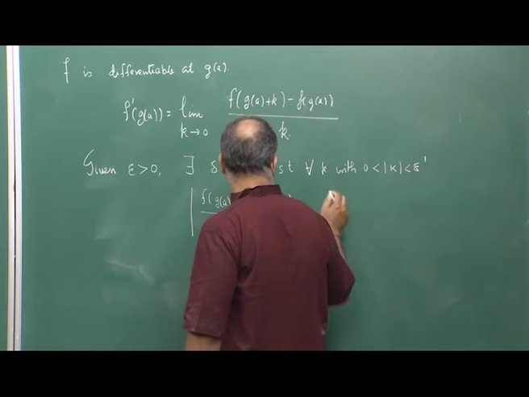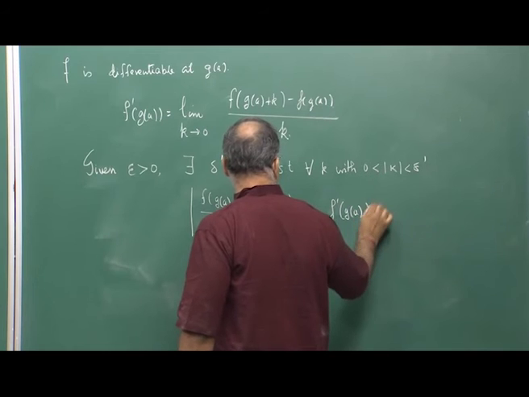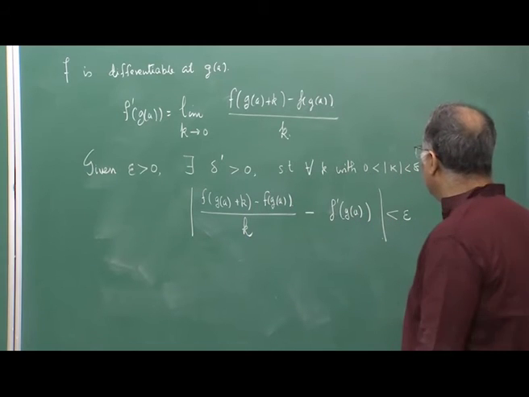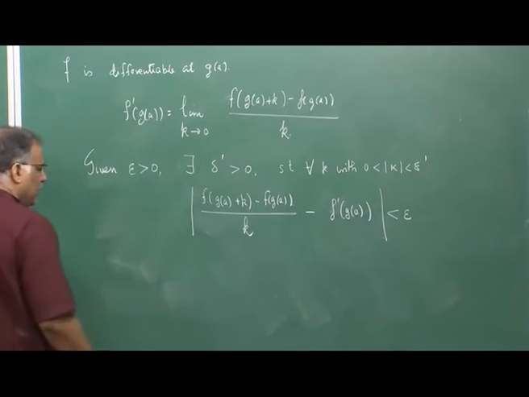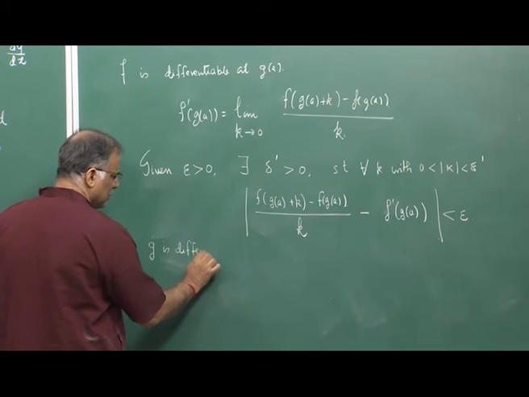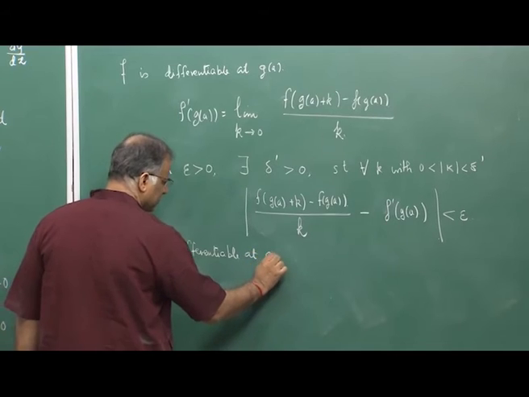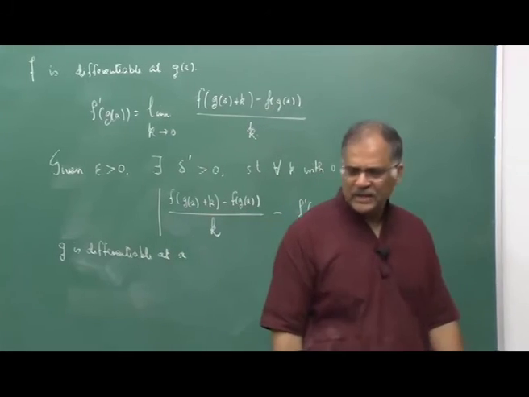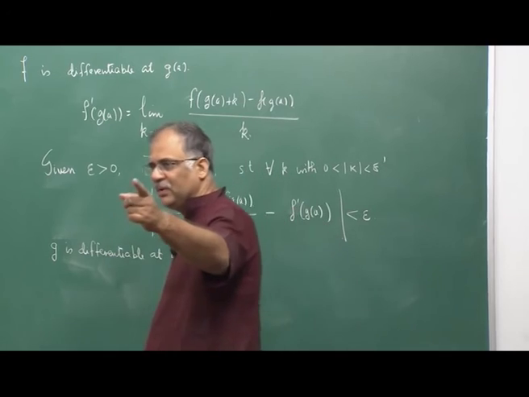So, divided by k minus f dash of g(a), this must be less than epsilon. So, this is a standard definition, you already know. I have already spoken about the derivative and given this definition. Okay. Now, g is differentiable at a, which implies that g must be continuous at a, because every differentiable function is continuous, something which I told you all to try at home,